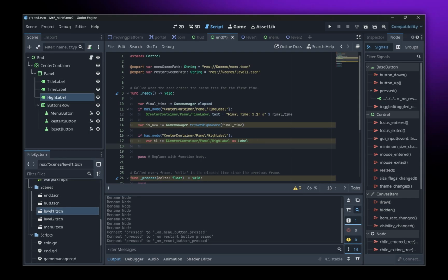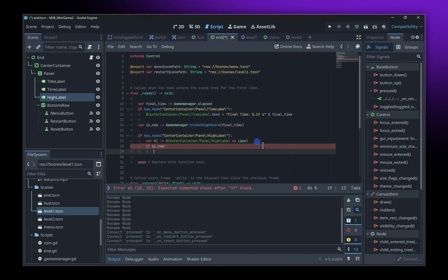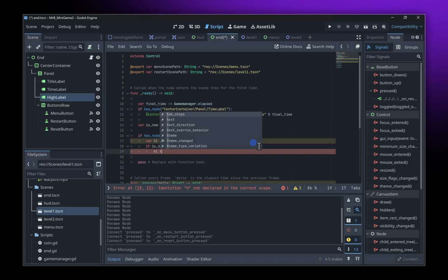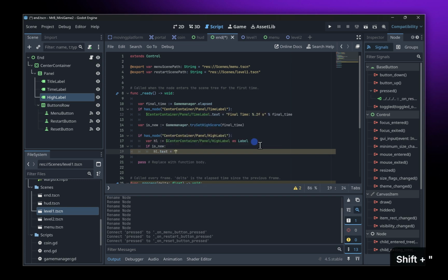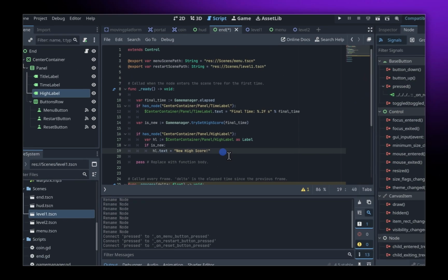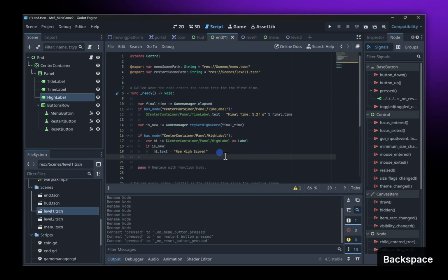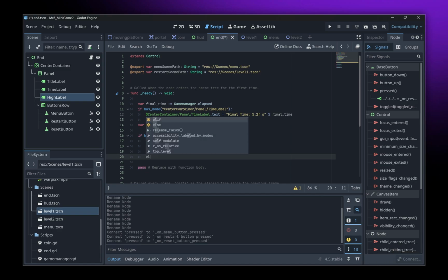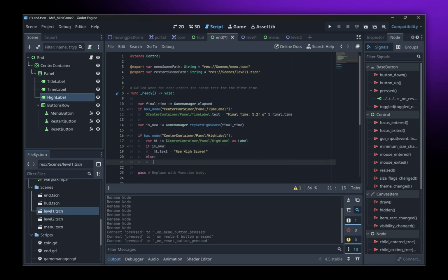And now let's do another if statement. If is new, high label dot text equals "New high score!" Okay, so that's the string. Okay, then we have an else statement. So if it's not,